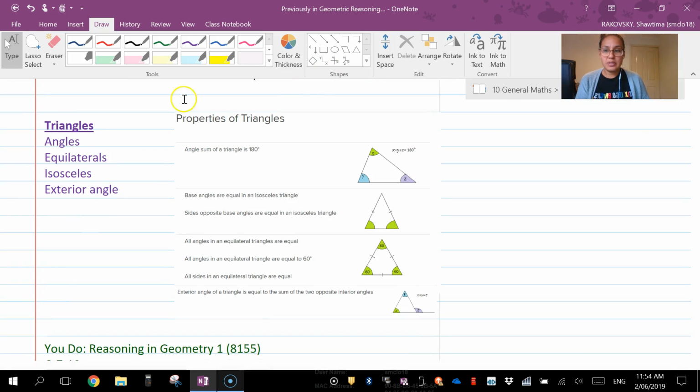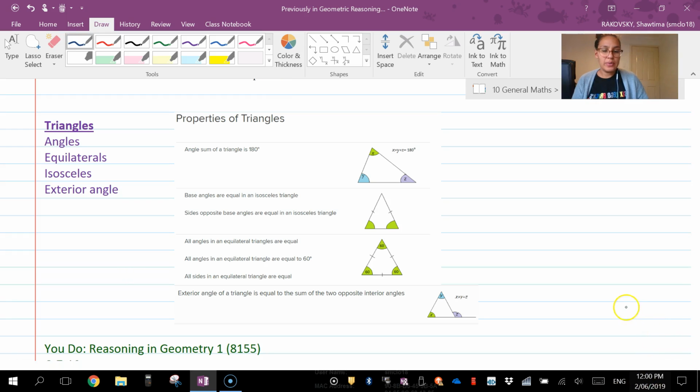All right, so triangles. The angles add up to 180. Equilateral and isosceles triangles have their own special properties. You'll see that they're color-coded here for your convenience. And the last one we have here is the exterior angles of a triangle. One exterior angle will equal the sum of the other two angles within the triangle. And that's because those three angles are going to be 180 degrees, and in a straight line it's 180 degrees. So if you're taking one angle away from that in your triangle,